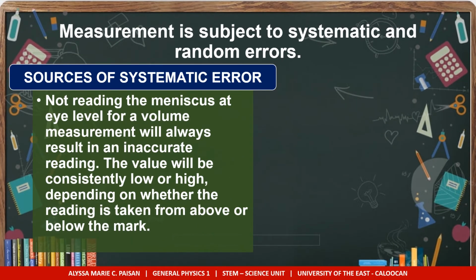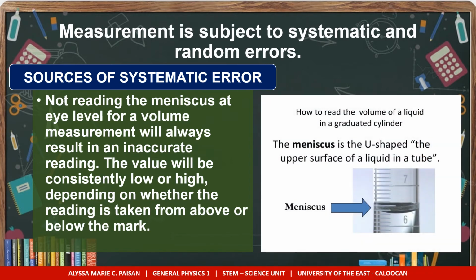Here are specific examples of systematic error sources. Not reading the meniscus at eye level for a volume measurement will always result in an inaccurate reading. The value will be consistently low or high depending on whether the reading is taken from above or below the mark. So what does the word meniscus mean? It means the U-shaped upper surface of a liquid in a tube. So how do you read it? You should read the